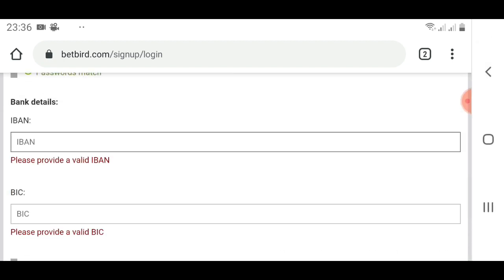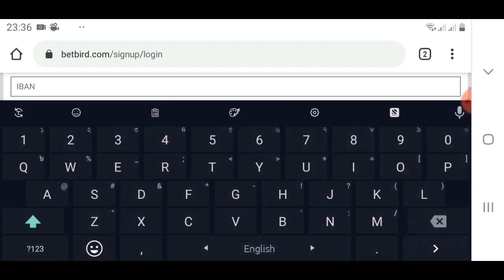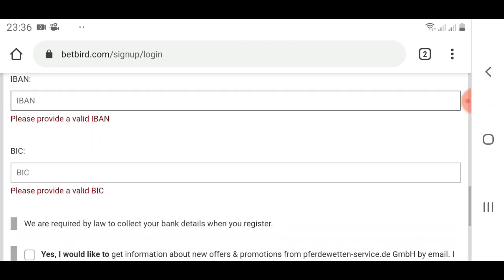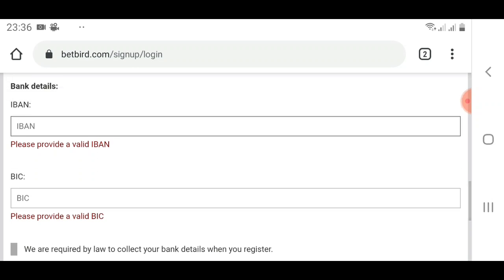I am just writing right here for example. You have to provide your valid IBAN and BIC number and details, then you can play